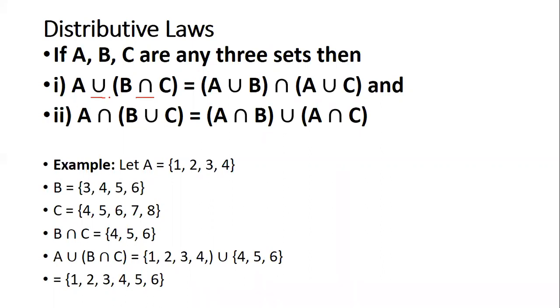So A union (B intersection C) is equal to (A union B) intersection (A union C). I'll repeat it again. A union (B intersection C) is equal to, first take A union B, then intersection is taken to the other side, and then A union C. So if you have union here, union should come in both of the places. If you have intersection here,